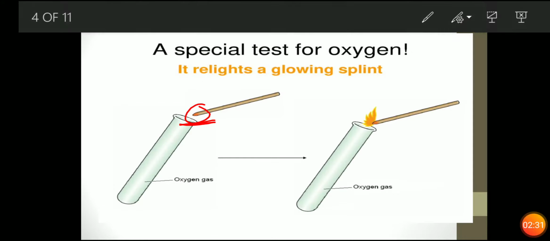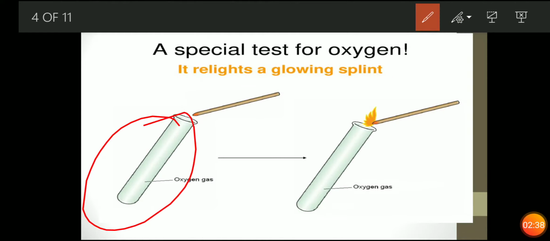See, this is the experiment. This is your test tube in which the reaction is going on. You see that it is written oxygen gas. So this oxygen gas is evolving over here. We bring a glowing splint, meaning a matchstick which has only a spark on it. Glowing splint means there is only a spark in it. Now when we bring this glowing splint near the test tube, if oxygen is evolved, what will happen? It will glow, meaning it will light up and start burning again. This is the test for oxygen.